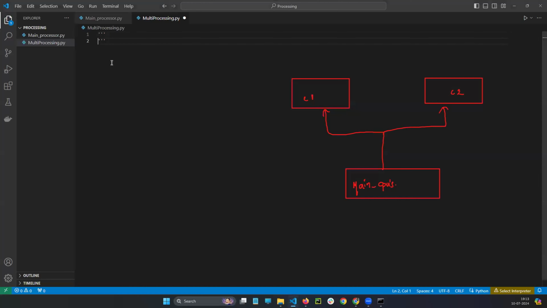So see, multiprocessing means creating multiple processes. So guys, how to write the main one? You tell me, in the last class I told you how to write the main processor.